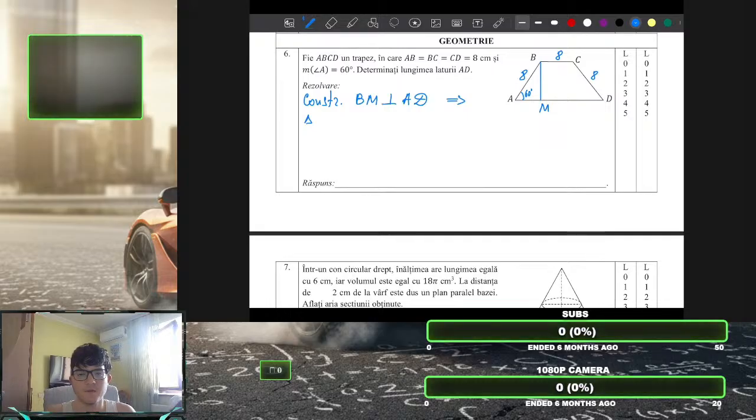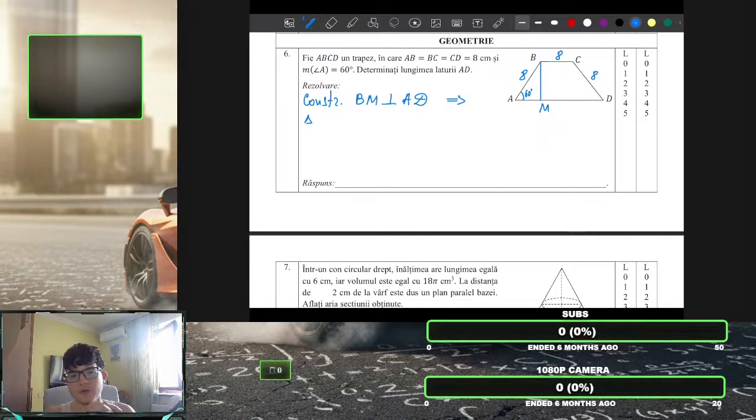So we have a shape ABCD, with 8, 8, 8, and it goes down like this in M, 60 degrees in A, find AD. So now we got a triangle like that, BMA, so it's 90 degrees in M, so we can apply the Pythagorean theorem, but we do not know